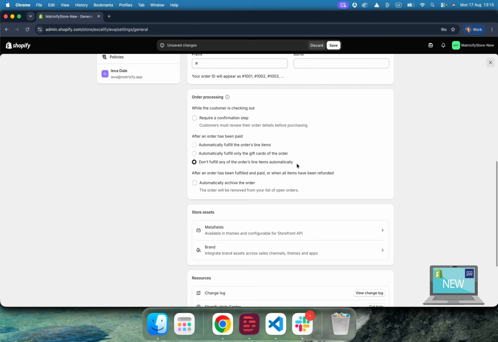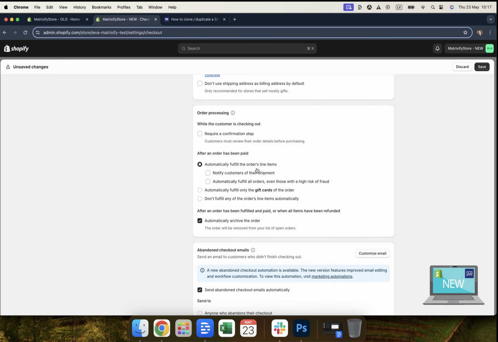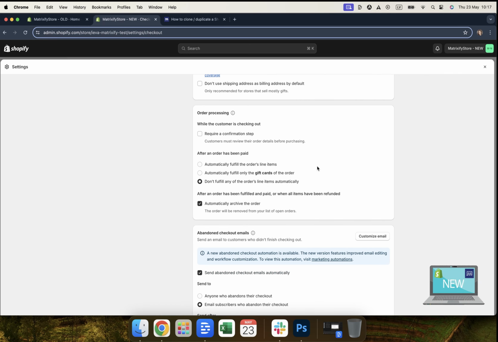automatically is checked. The reason for this is because when Matrixify imports an order, it will import the order in sections. It will import the base of the order, then it will go ahead and try to import anything attached to the order. That would be fulfillments, transactions, refunds, and so on. If the base order is imported, which would be an unfulfilled, unpaid order, and, for example, automatically fulfill the orders line items is selected instead of don't fulfill any of the order line items automatically,